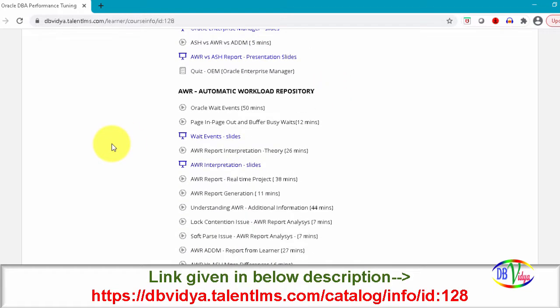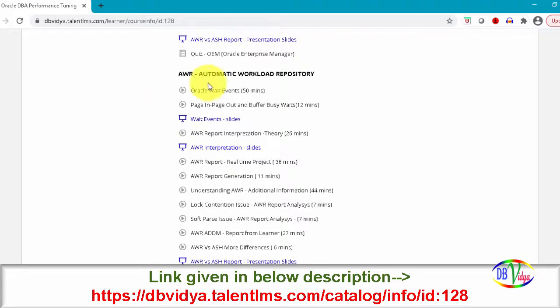Then coming to in-depth explanation of AWR, we have covered most of the wait events, because an AWR report consists of all the wait events. First, we should know what a wait event is. What are the various wait events which commonly occur? That is discussed in detail in this, and how to interpret an AWR report. Similar to how you interpret an explain plan, similarly we should know how to interpret an AWR report when somebody generates it and gives it to us.